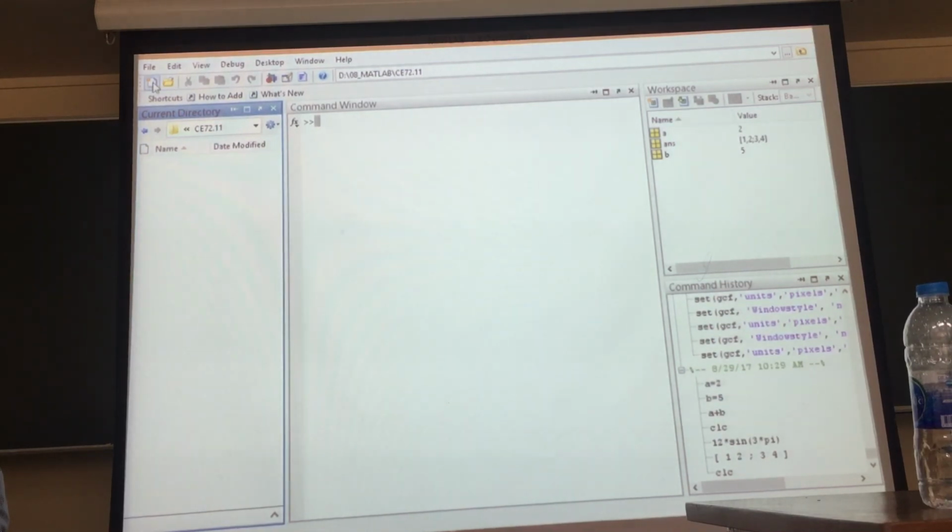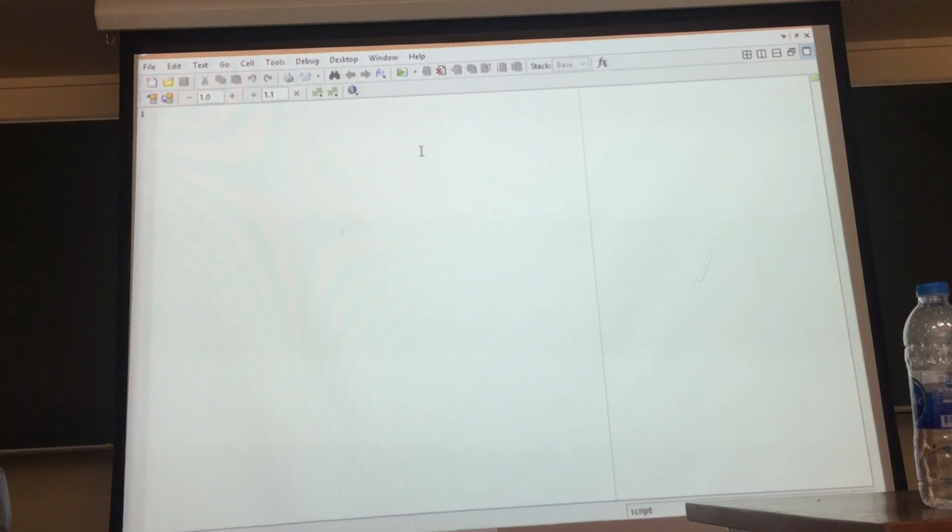So you can do File, New. Okay, so this is like a new M file. So we're going to do the new M file. With the new M file, you come up with something like this. So for a new M file,